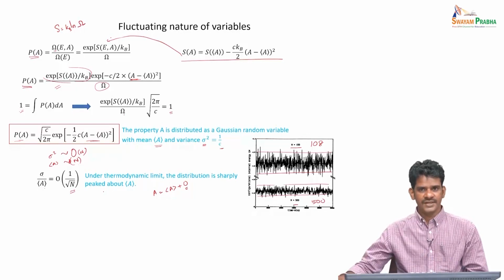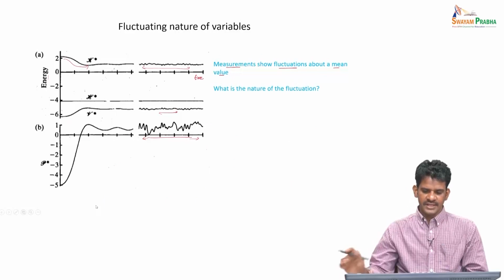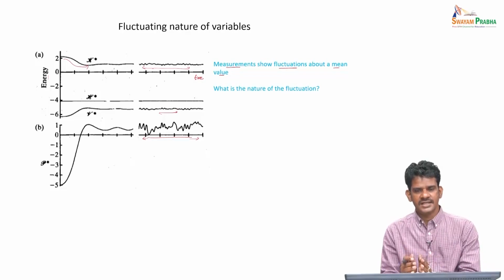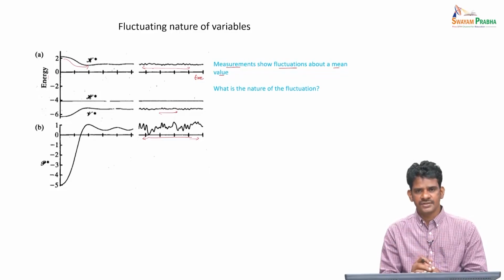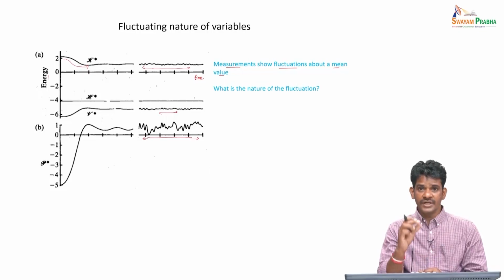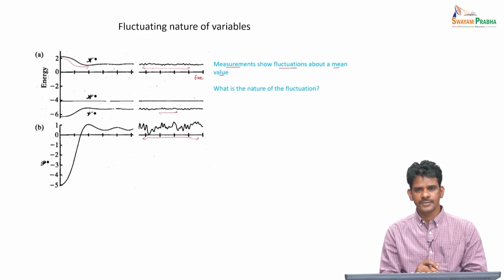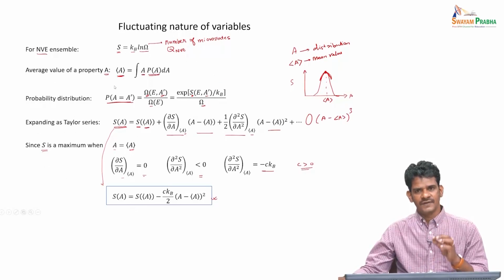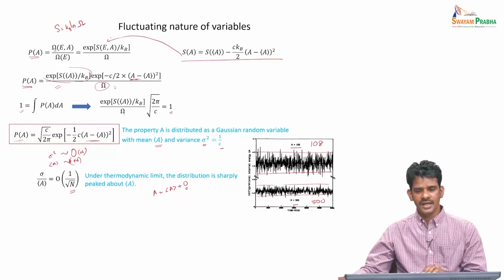So the main result that we want to show, going back here, is that in an MD simulation, we choose a particular system size, and at equilibrium, the properties that we measure have a particular fluctuation about a mean value, and we can always find the average value from that data. But to quantify the fluctuations or the error in the estimate, we need to know the nature of the fluctuation, and from a simple thermodynamic derivation, we show that the fluctuation should be a Gaussian random variable, and the fluctuation goes as 1 by square root of n. So larger the system size, lesser will be the fluctuations.